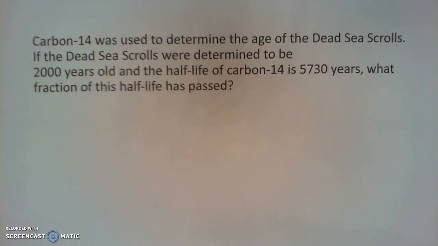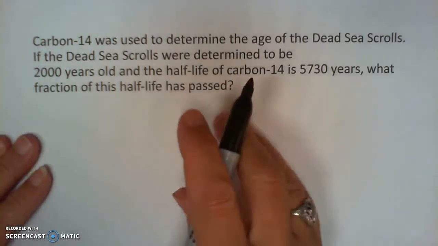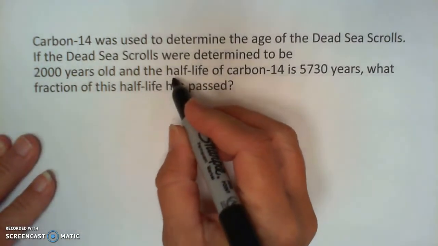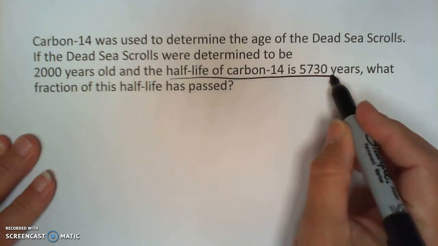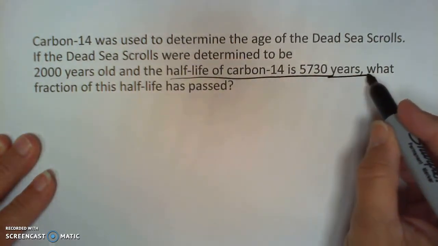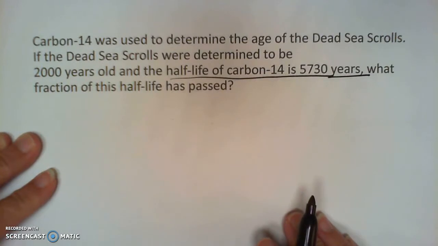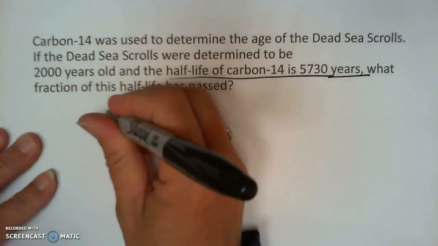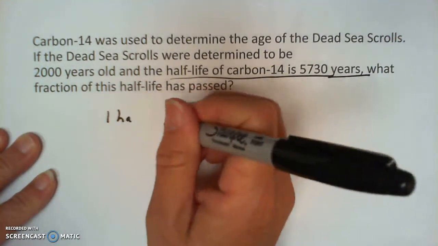Carbon-14 was used to determine the age of the Dead Sea Scrolls. If the Dead Sea Scrolls were determined to be 2,000 years old and the half-life of carbon-14 is 5,730 years, what fraction of this half-life has passed? So one of the important parts is that the half-life of carbon-14 is 5,730 years. So what they're telling us there is that one half-life